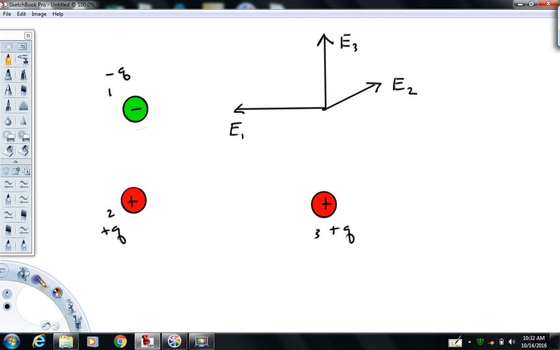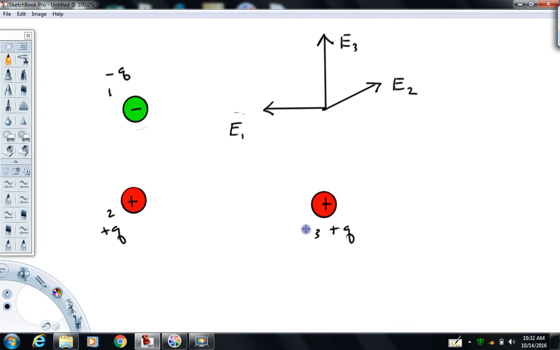So I'm going to go back and maybe do something like, oh, maybe not that much. Maybe something like that. That's good enough. And again, I'll make other videos that are a bit more exact as far as how long those vectors go. But, well, there it is, folks. There are 3 electric field vectors, E1 due to charge 1, E2 due to charge 2,